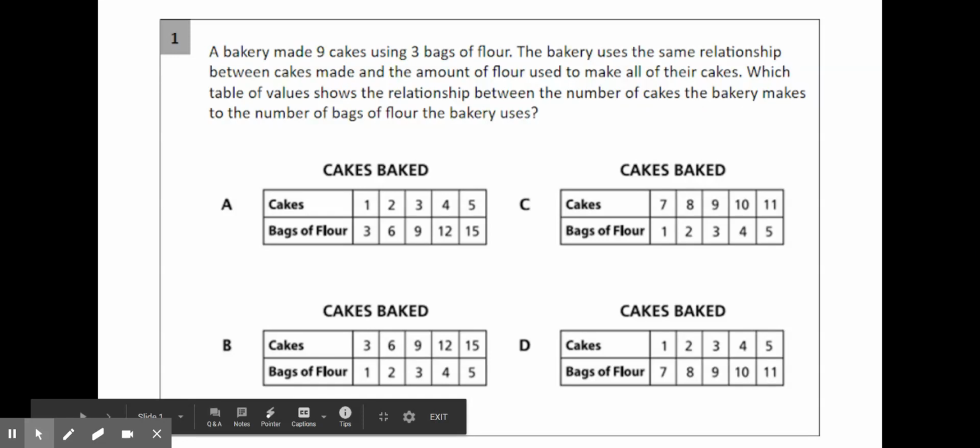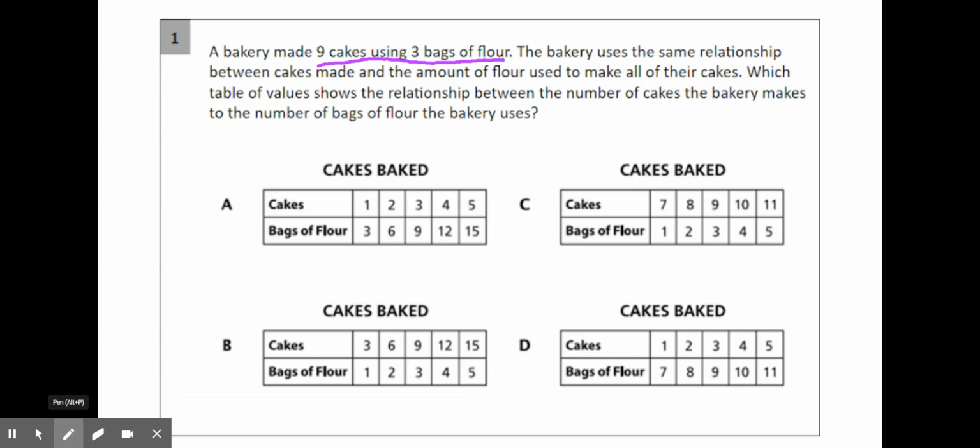Alright, so let's start with number 1. A bakery made 9 cakes using 3 bags of flour. The bakery uses the same relationships of cakes made and the amount of flour used to make all of their cakes. Which table of values shows the relationship between the number of cakes the bakery makes to the number of bags of flour? So here the ratio would be cakes